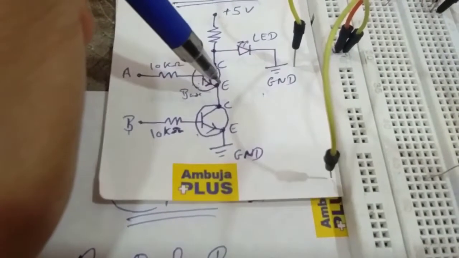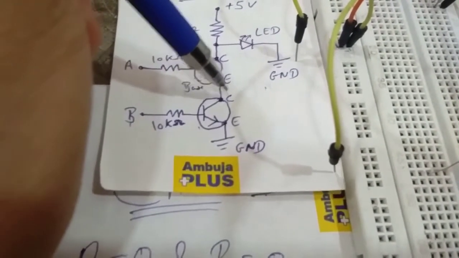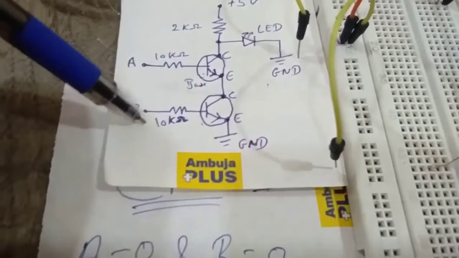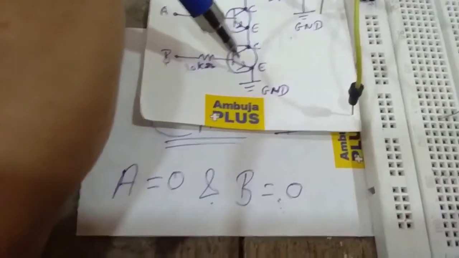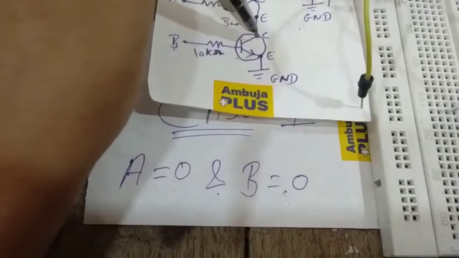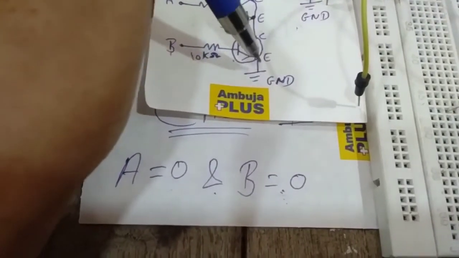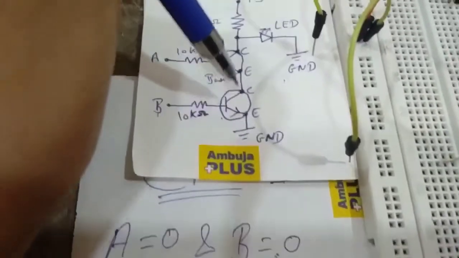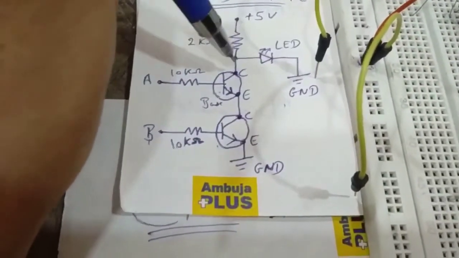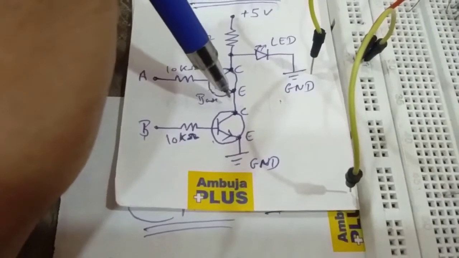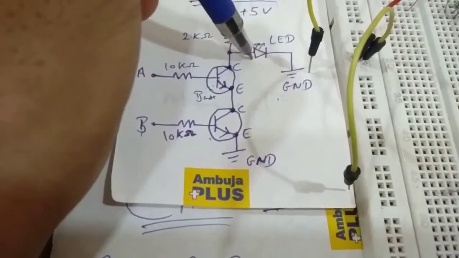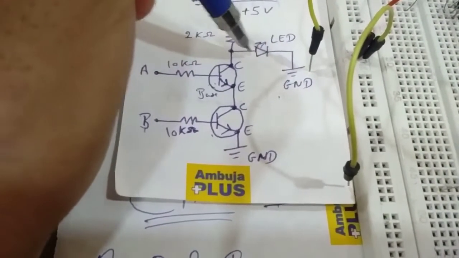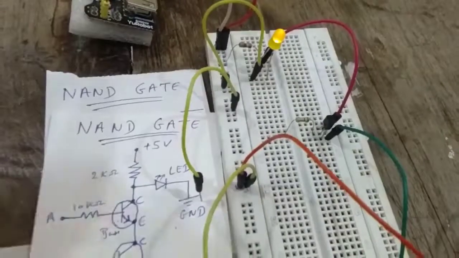So since here is 0 value, this collector receives 0 value, and the second input, B, is also 0. So here again this switch makes no connection between the collector and the emitter terminal, and hence again there will be 0 value, and since here we have ground, but here there's a high input till this collector terminal, which is not received by this emitter, but stays here. So this goes to the output LED, which becomes high due to the high current passing from this resistor to this LED. So hence the LED in this case is high.